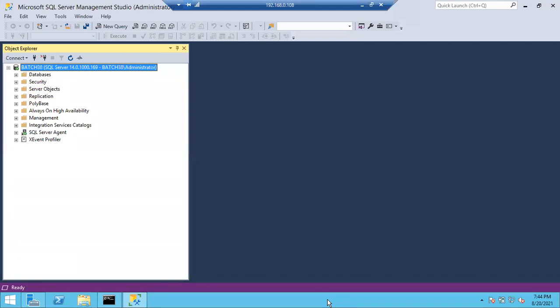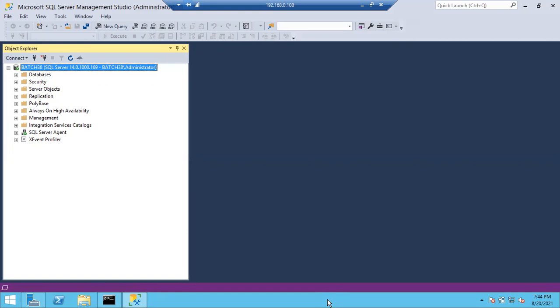Sir, actually, orphan login means if a Windows user at the Windows level has been deleted, the corresponding logins are called Windows orphan logins. Okay. How can you find out the orphan logins? With SP_validatelogins. Okay. So what is the fix for that?